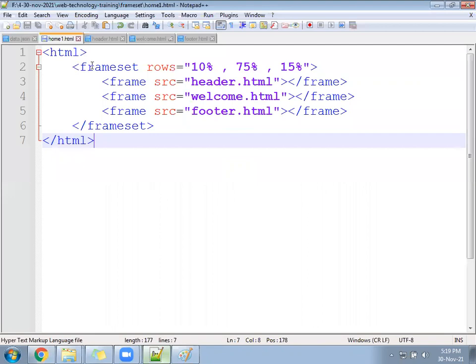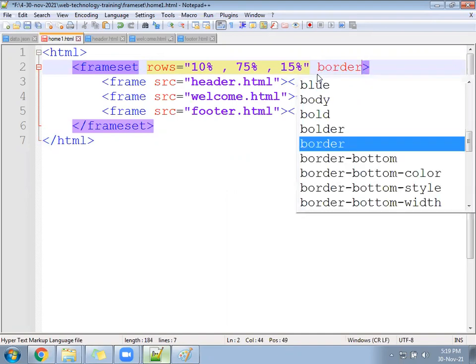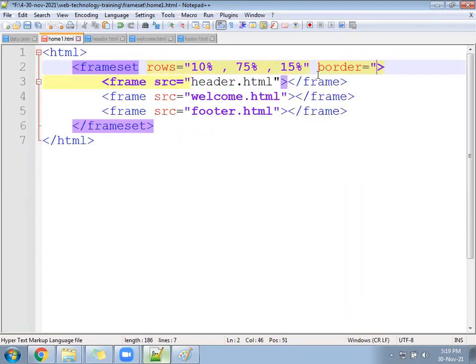Come to your home file. In the home file you have a frameset, rows equal to 10%, 75%, and then 15%. After that, you write here border equal to 0. The complete border will get removed.